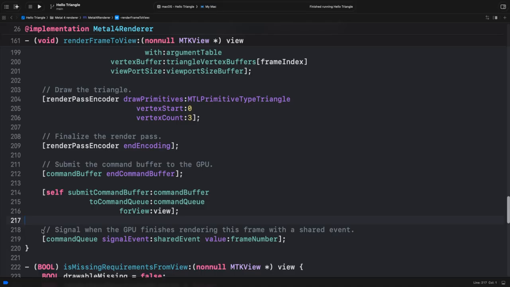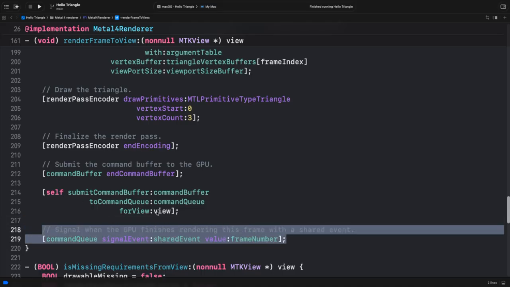Notice this instruction is at the very end, after the instructions have been submitted